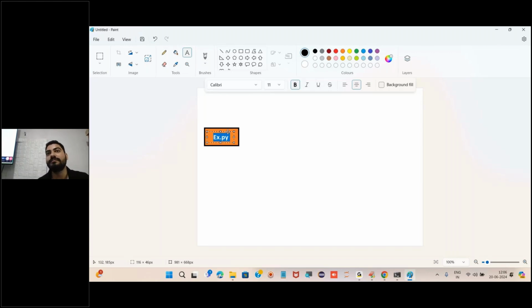For excel, what is the extension of excel?